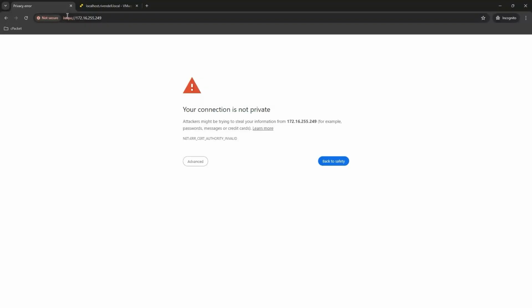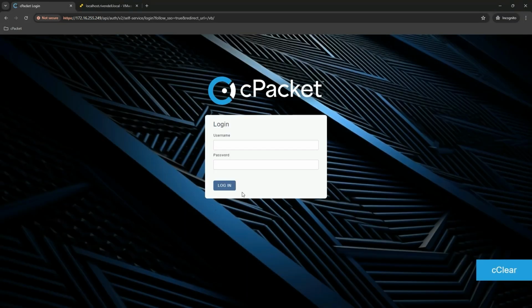Right, now immediately you'll see that we get a message that this connection is not private. Obviously this is a fresh installation, so this machine doesn't have any uploaded trusted certificates, so it's using the default certificates that come with the hardware or the appliance. To bypass this we need to click advanced and proceed to the interface,